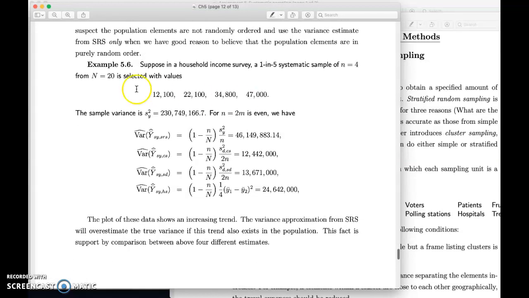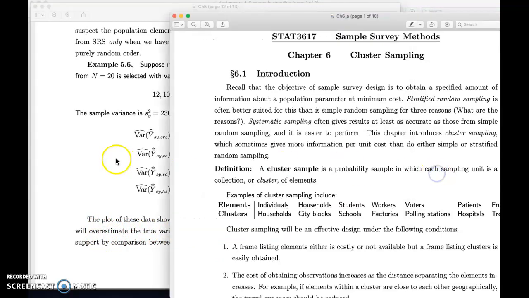Whereas in example 5.6, we can see using the SRS formula, as compared to using the difference method. That's a very big reduction of the estimated variance. So we doubt that using the SRS method would overestimate the true variance of the population. Okay. All right. So that's it for the